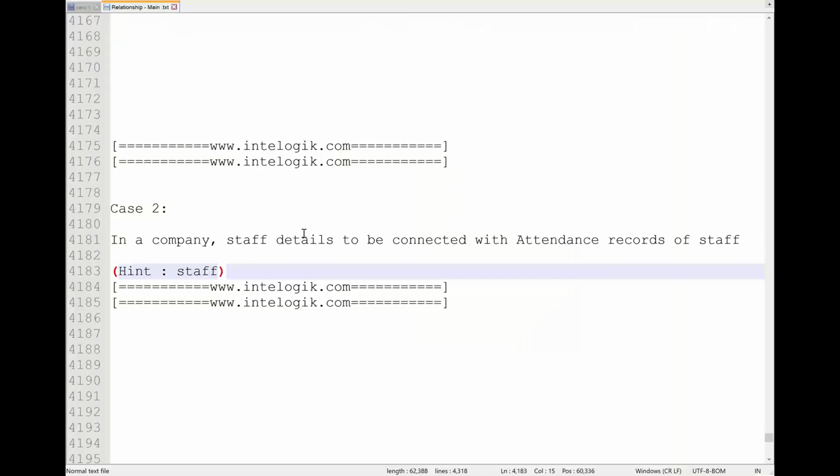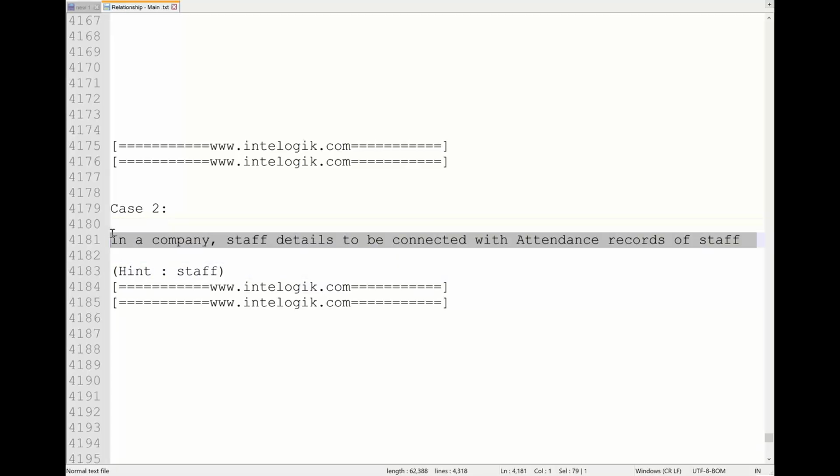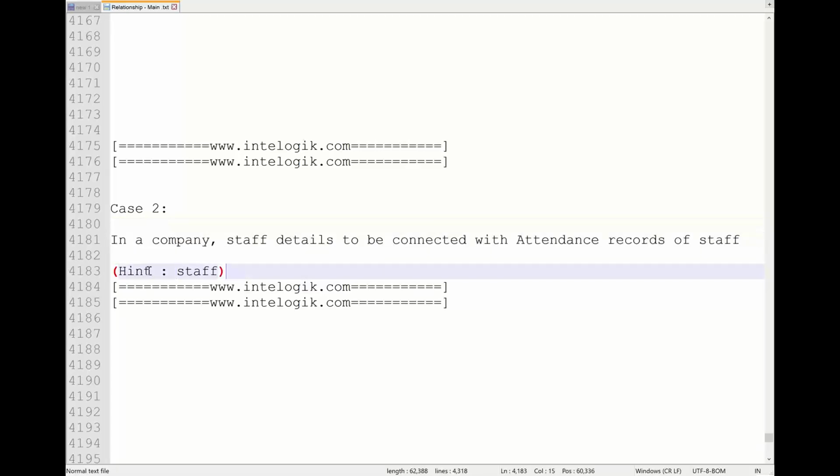What is the point here in talking about staff? Am I talking about connecting one staff to another? Those people who gave a hierarchy relationship answer, am I talking about connecting one staff to another? Then why did you get confused by just one word? I said hint equal to staff. It was intentional to confuse you. Answer is MDR. When staff details are deleted, there is no point of saving attendance records. That's why it's a MDR scenario.